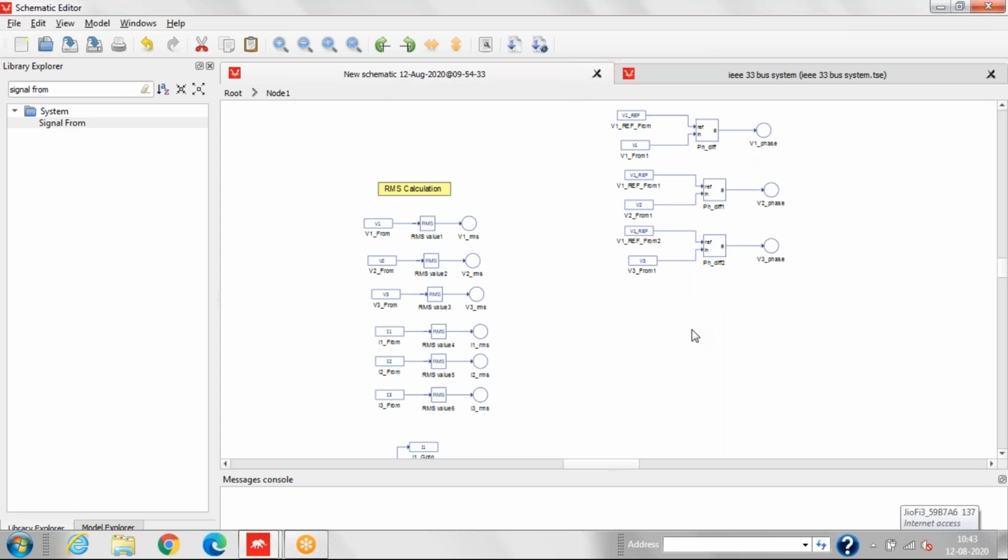Now similarly, we'll do the phase calculation of the current. So for that, you can paste the signal here.